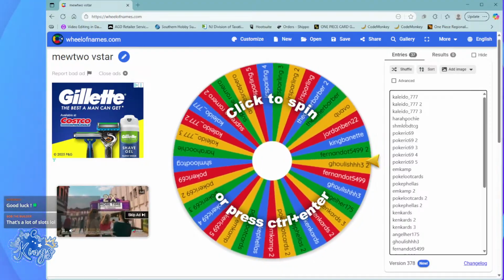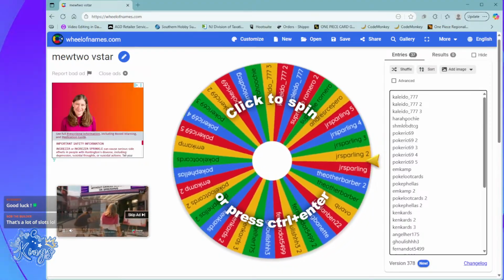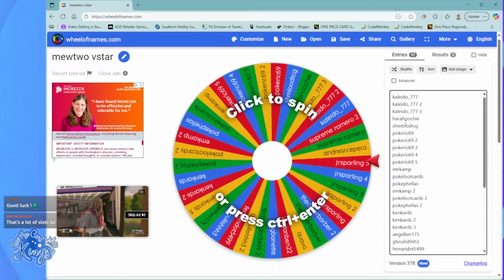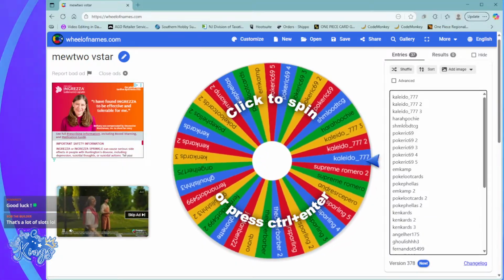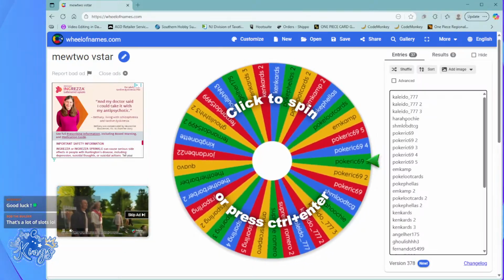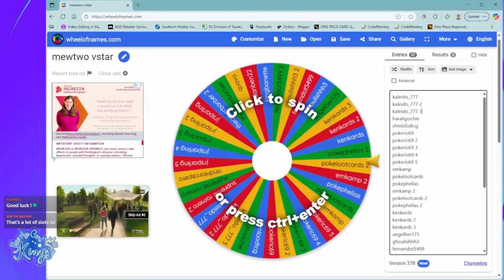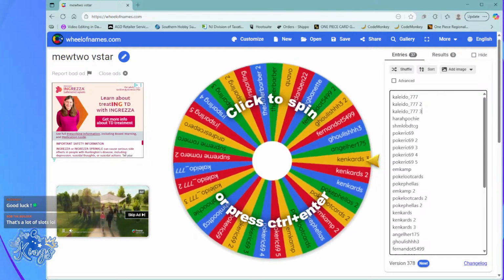I have it set to 12 seconds a spin. I figured 12 instead of 10 just because we did $12 spots for this one. But yeah, every spin, somebody's gonna get eliminated. Once we get down to the final two names, I'll do one final spin. Whoever's name it lands on will be the loser, and the last person left on the wheel will